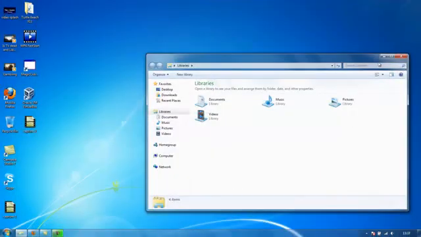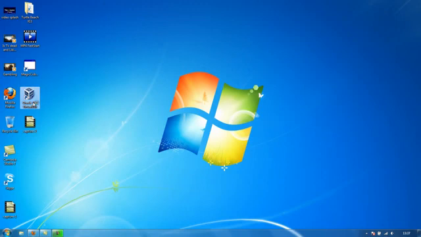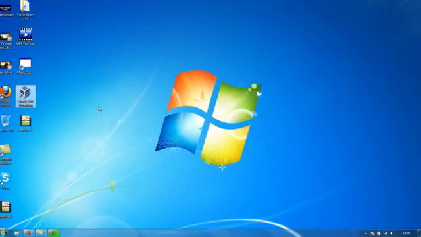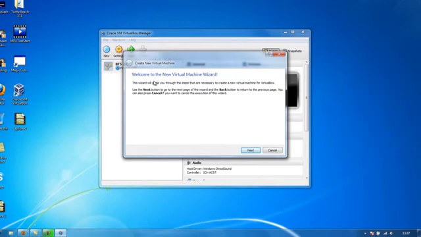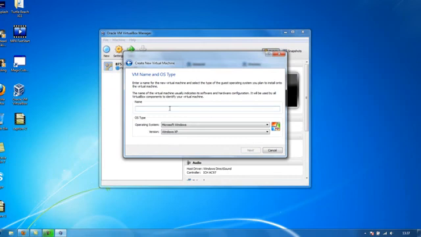Obviously I've already got both of those downloaded and installed, so here we've got Oracle VM VirtualBox. What we're going to start off by doing, we've already got a virtual machine here, but we're going to pretend like it's brand new. We're going to go to New, and this is going to bring up the virtual machine wizard. Going to go to next, and we're going to type in a name for it. What I'm going to do is call this YouTube